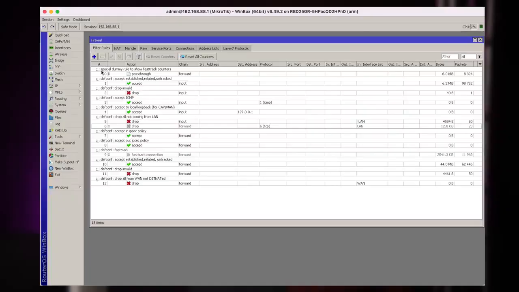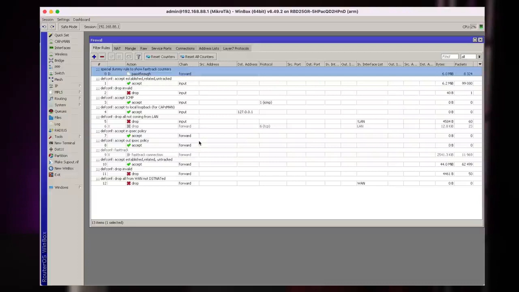Okay, so this is how you could block a web page if you wanted to. That's the basic overview of the firewall tab here, of the filter rule tab. So what you need to remember is rules are being processed in order. So always make sure that you have sorted the firewall filter window by the rule number. Then you need to remember about the chains. Put your rules in the forward chain if you're dealing with traffic from the LAN to the internet and from the internet to your LAN.